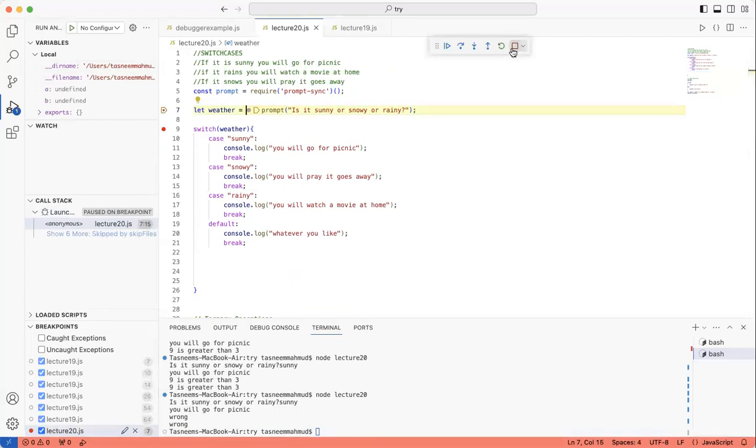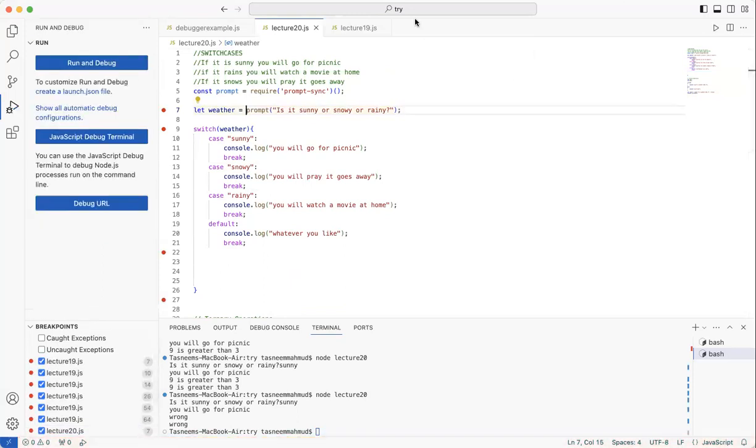You see this small square on the side? If you just press it, it disconnects. Is that clear for you guys?